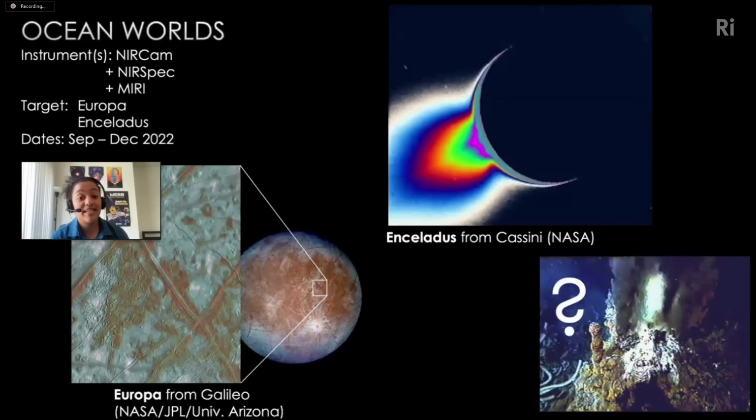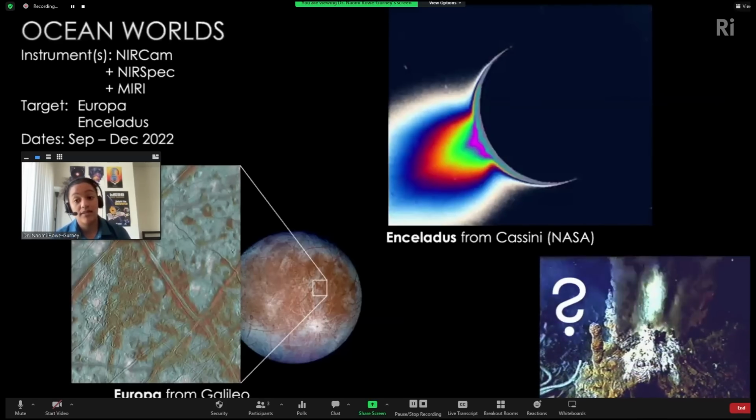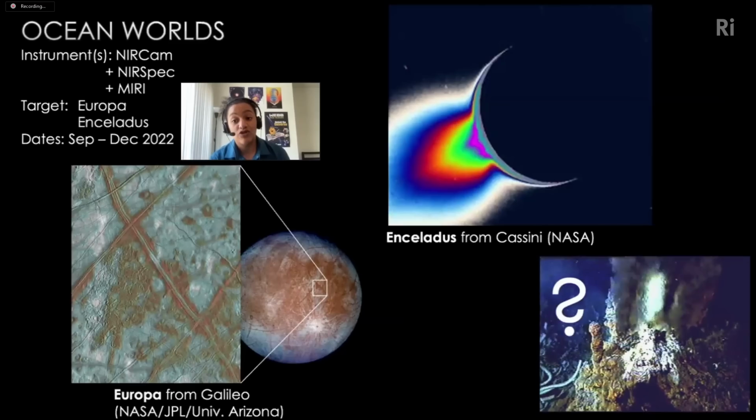Now, we're going to be targeting two of the most interesting moons in our solar system with 3 instruments starting later this summer until the end of the year. We're going to take high-resolution observations of the jets emanating from these moons, measuring what they contain. And this will reveal information about the processes acting beneath the moon's thick ice crusts and the potential for habitability